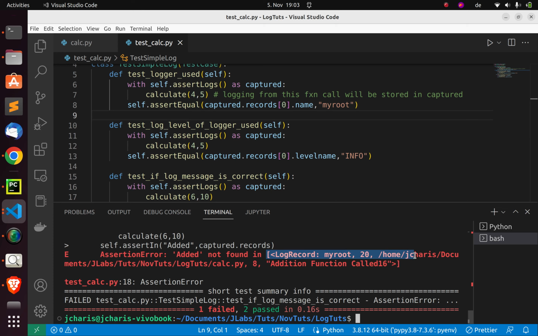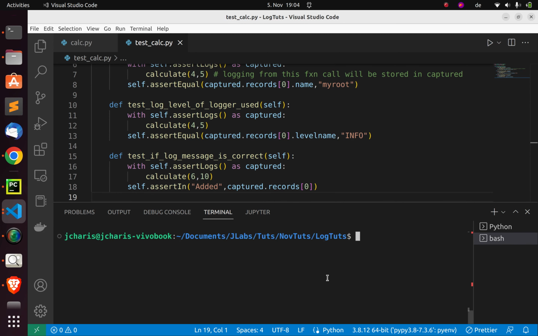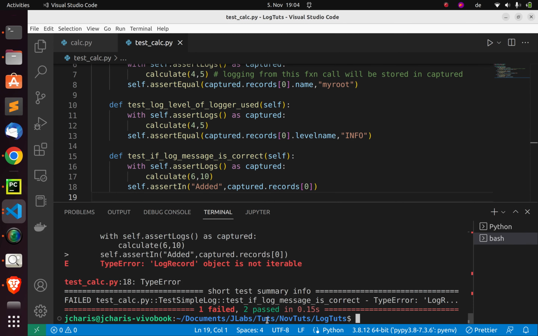So this is the log record, right? So that explains why in all that you have been doing, we just bring that 0. It's like a list. So you are taking this entire stuff out. So that's why you are doing this, right? Just to take it out. In case you don't want to do this, right? So 2 passed, 1 failed. It's not iterable. So in case you don't want to do this, you can also do this